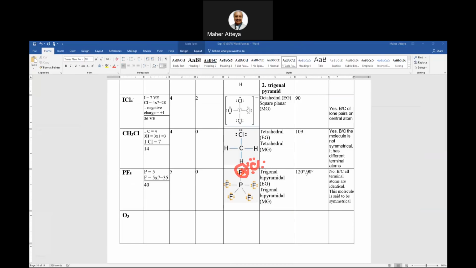Different what? Different atoms, different terminal atoms. So this will be terminal, correct? You want me to do ozone? Ozone, one of the three, correct? So let's make ozone here, and then I'll call it off,